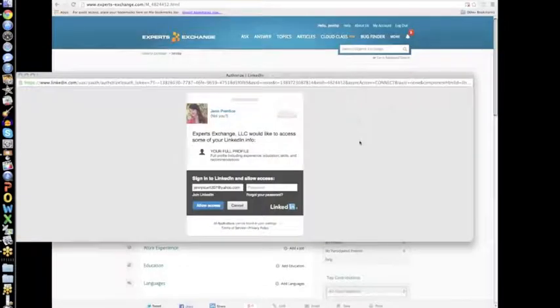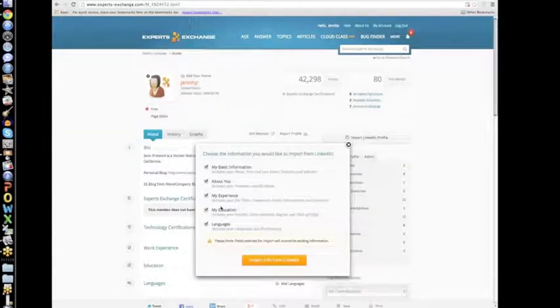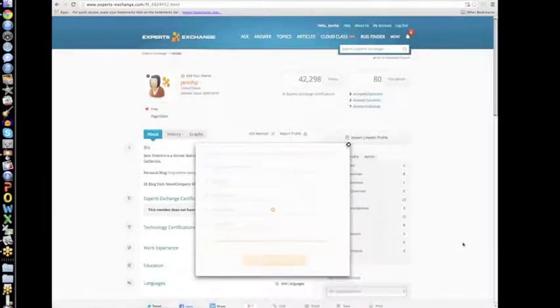So I've allowed the pop-ups. I'm importing my LinkedIn profile. You can see that it's going to ask me for access to my LinkedIn profile. So I'm going to allow access. It's syncing up with my LinkedIn profile. It's going to import my basic information, my About Me section, my experience, my education, and my languages. If I've already added some of that information to my current Experts Exchange profile, I can exclude that information. So say that I don't want to add languages. I've already updated that. I can just click that button and exclude it,